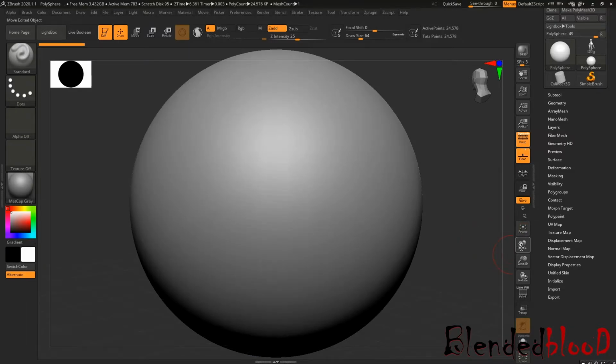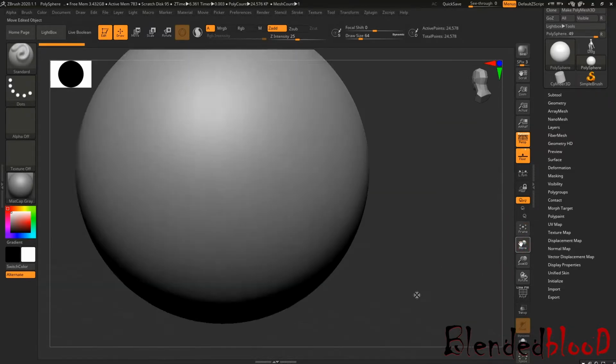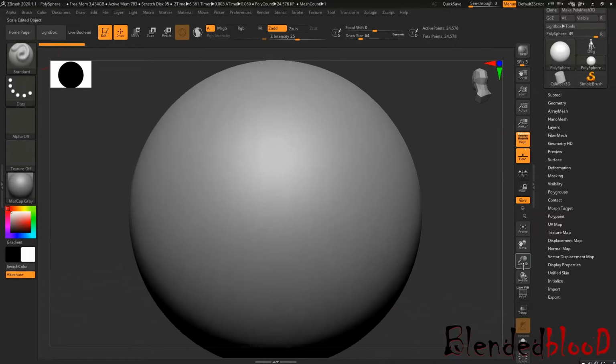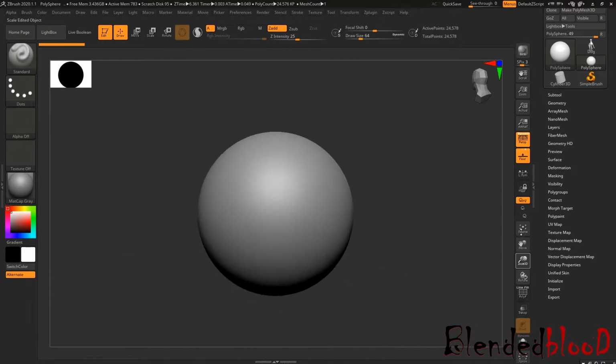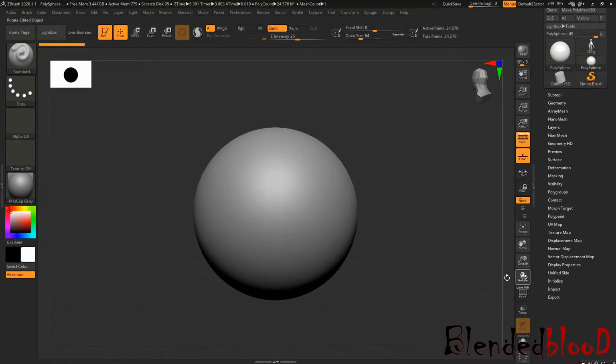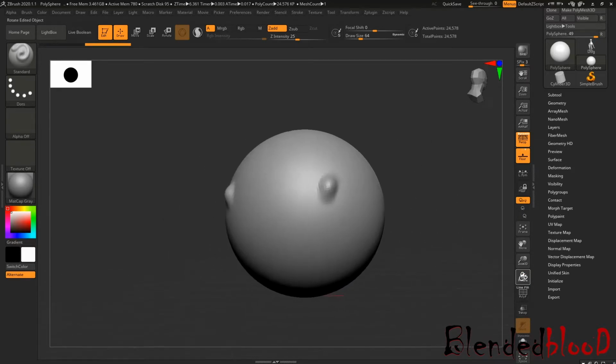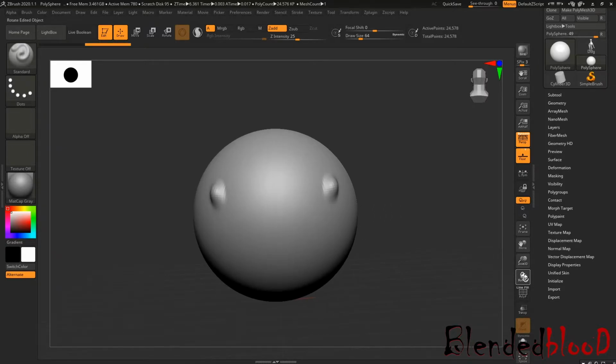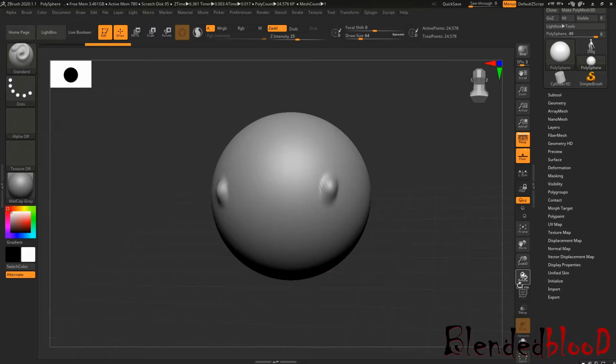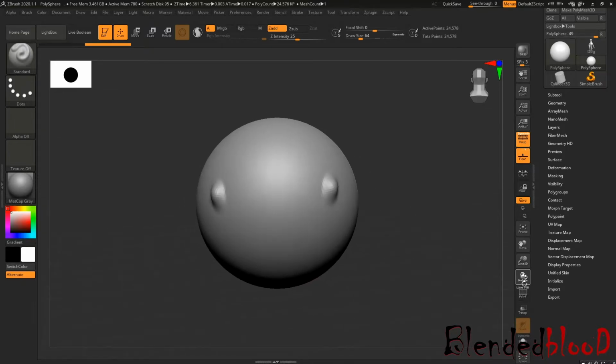Okay, if you click on move, you will be able to pan your model. Zoom in, zoom out. If you want to do it manually, then you can drag like this. If you want to rotate your entire scene, I'm not talking about the model. See, for example, if I rotate this, then your entire scene is rotating, not your model. I'm working with the whole scene. You can see the grid area also, the grid is moving according to the object.